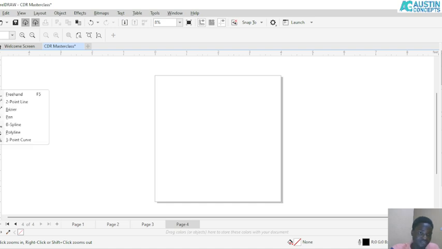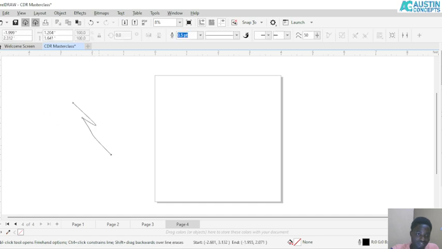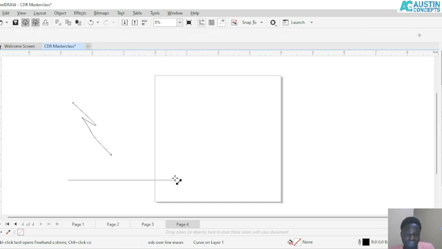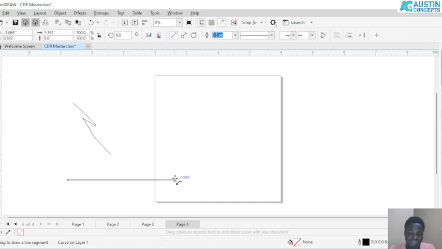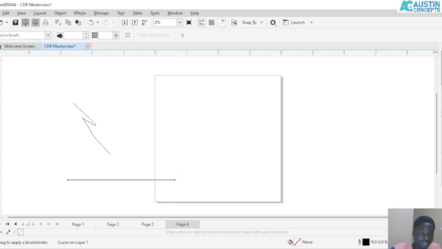Then we also have something called freehand. Let's see this freehand. Then we have some things under that. We also have the 2-point line. As we start this training, when we dive into graphic design, you will understand what I'm talking about. Alright. Then we also have the brush tool. You can use this one to brush images, to brush